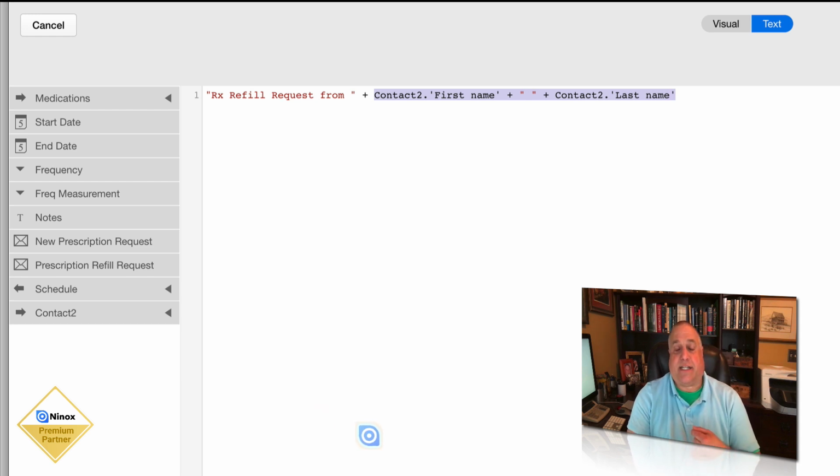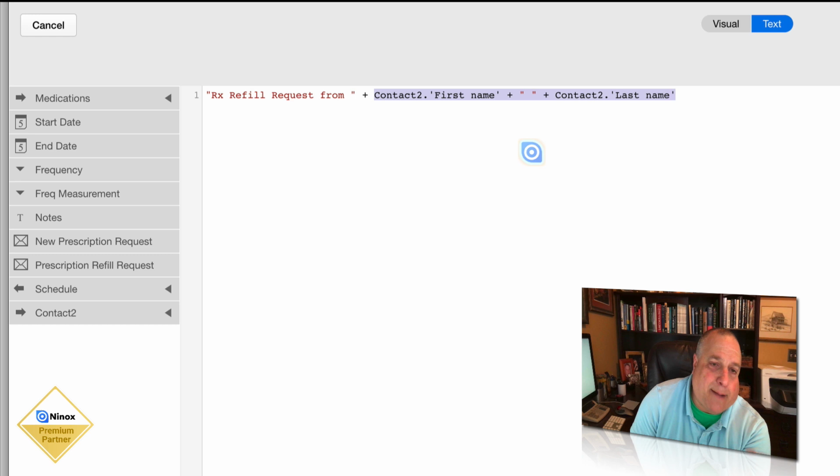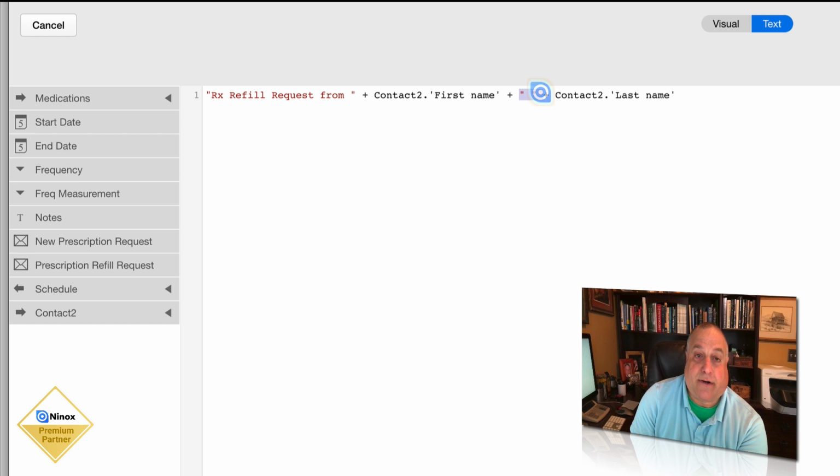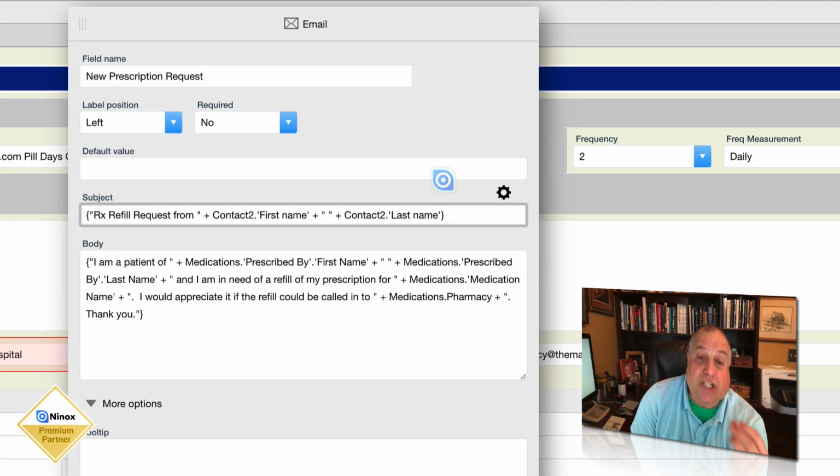We are the patient, and we are using this database on our behalf, or on behalf maybe of someone for whom we have oversight and care responsibilities. So this concatenated combination of hard-coded text and fields is a prescription refill request from Andy Marks, with a hard-coded space between the first and the last name. This is the subject